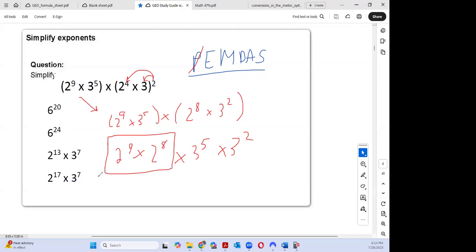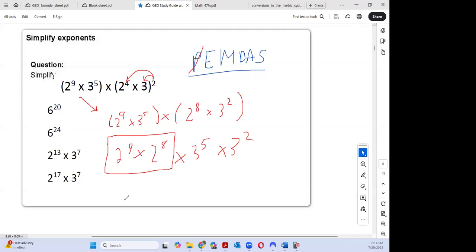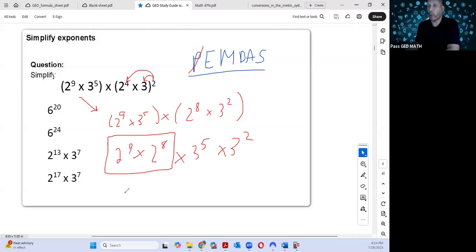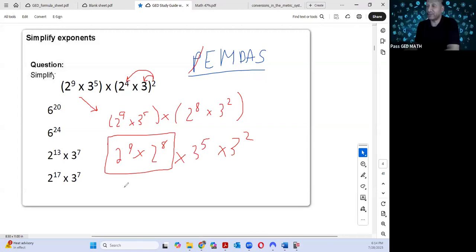Do they have the same base? Yes, you can. They have the same base. 2 to the 9th times 2 to the 8th. Not 9 times 8, 9 plus 8. What is 9 plus 8? It's 17. So we got 2 to the 17th power times